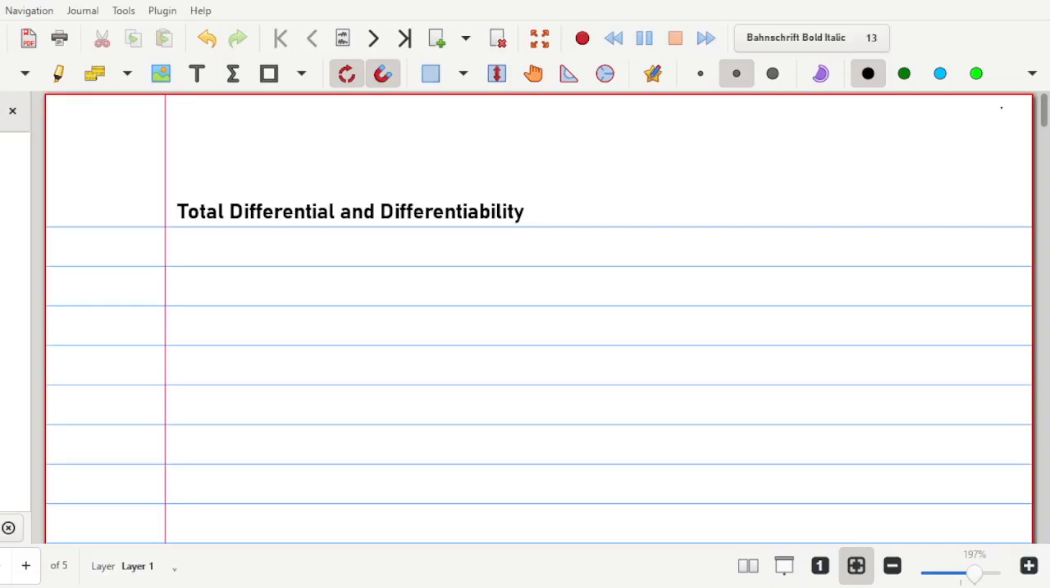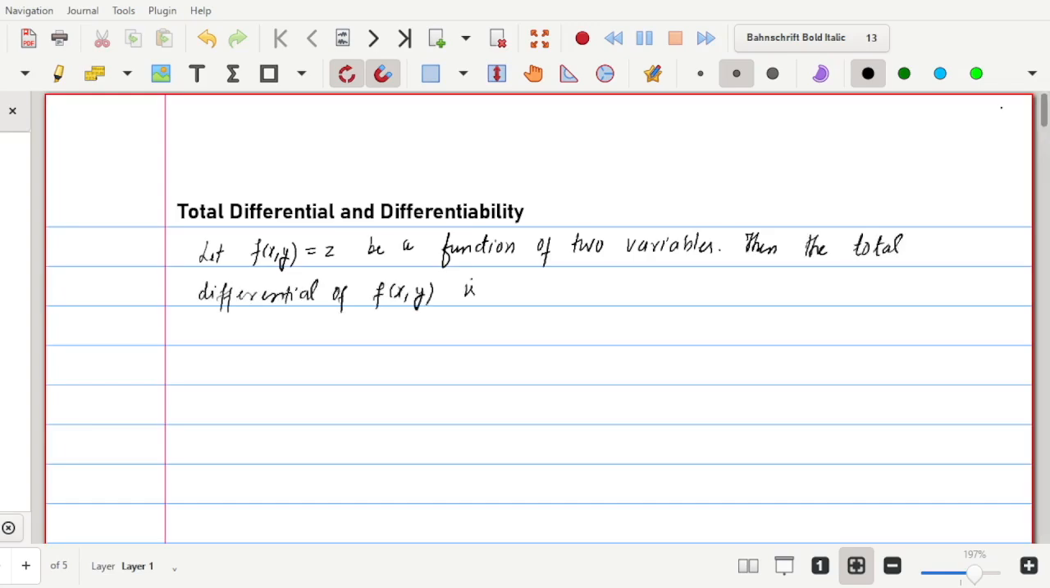We begin with the definition of the total differential of a function of two variables. So let f of x, y, which is equal to z, be a function of two variables. Then the total differential of f is denoted by dz, and defined to be equal to del f by del x dx plus del f by del y dy,